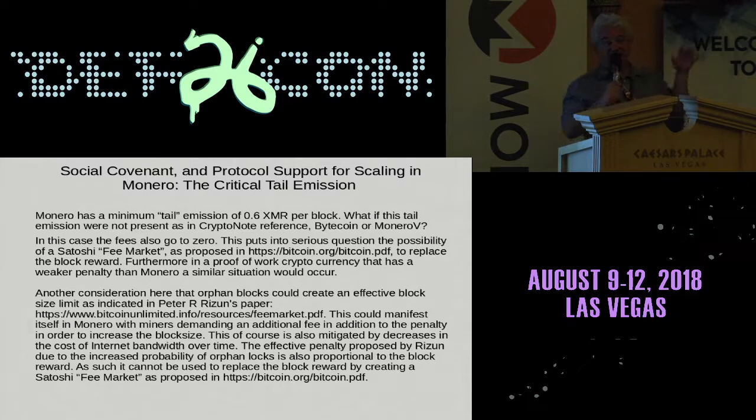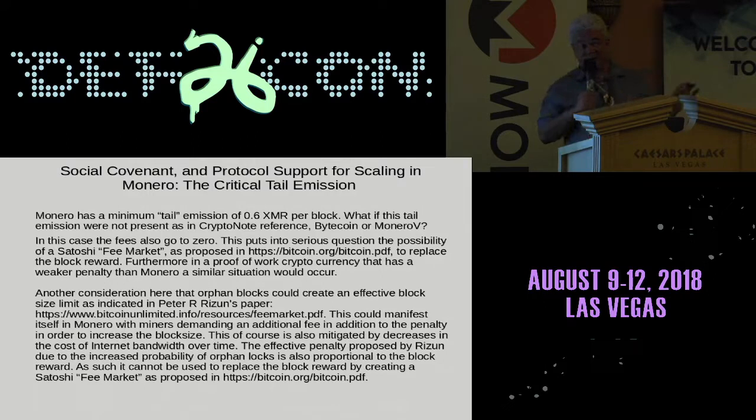This has been presented in some circles as a replacement for a fee market. Yes, it's a fee market, but it's a fee market addressing the problem of orphan blocks created by pushing the technology too soon. It's a penalty. It's also present in Monero. And again, if everyone looks at reference, the result is proportional to the block reward. In the absence of the block reward, the orphan penalty fails.